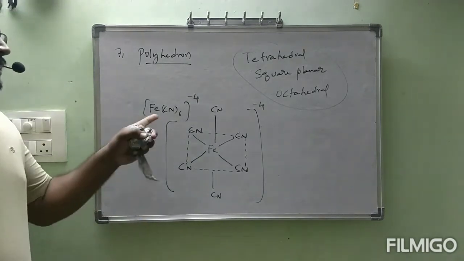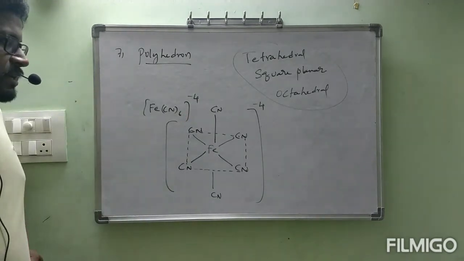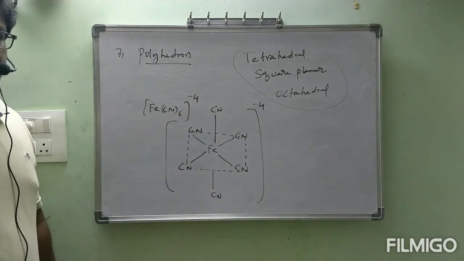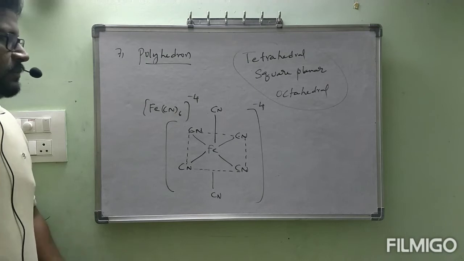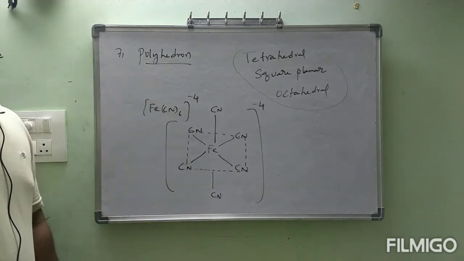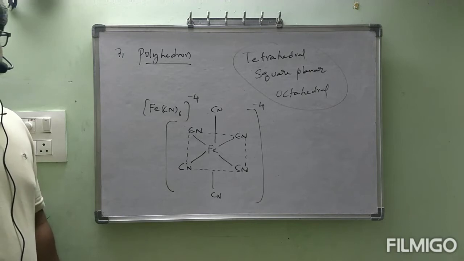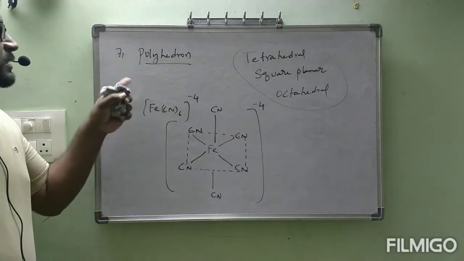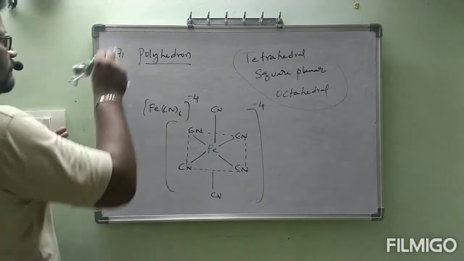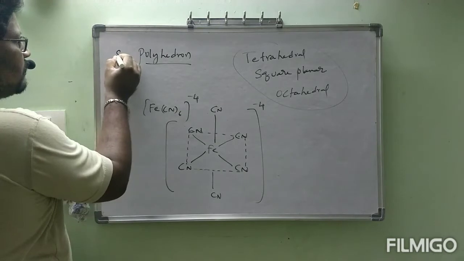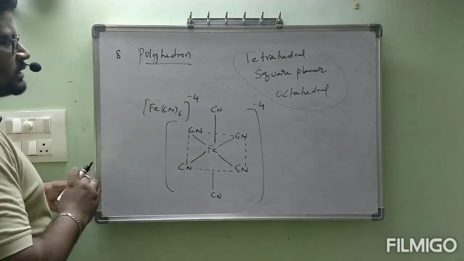If you represent the complex, which is the central metal atom and ligands present inside, with the perfect shape, then that is called coordination polyhedron. What is that? Coordination polyhedron. I think yesterday we completed counter ions also. Counter ions also it is completed. Then this is the eighth one. Counter ions we kept as a separate heading, so it is the eighth one. Next, the ninth, final one.